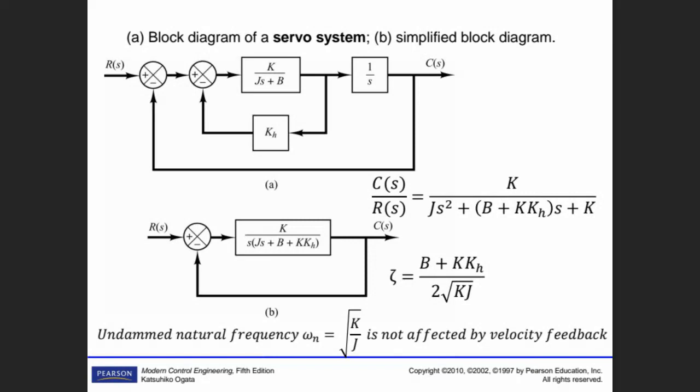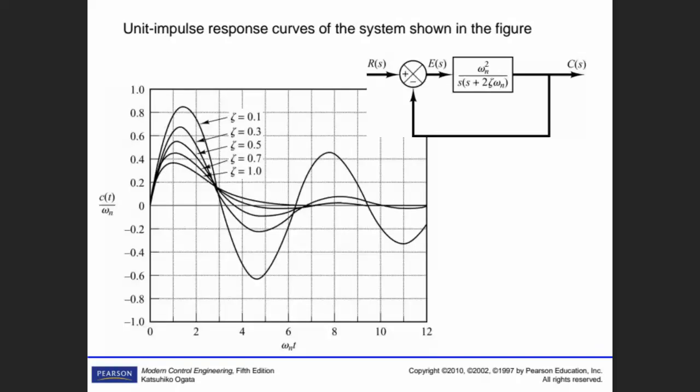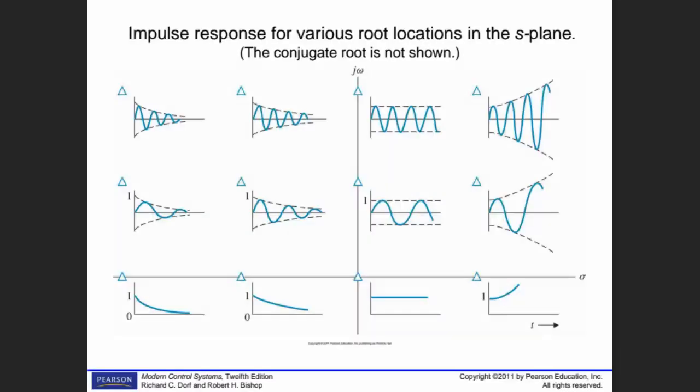We obtained zeta and the other parameters for inner loop. That's the unit impulse response of the system. That is the unit impulse response of the second order system with parameters of zeta. You can see that we have already. Of course, if you write the equations, you can obtain that one. We have last week also discussed that one. You remember that. The poles like this,